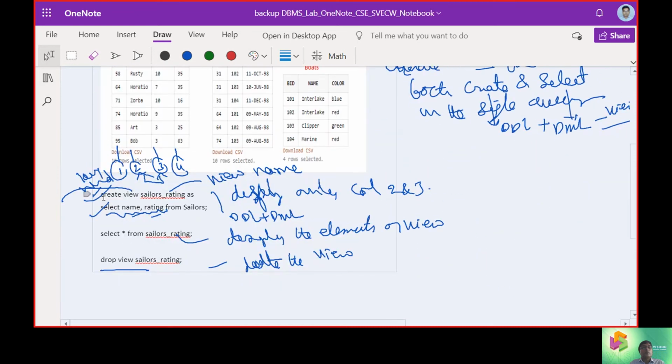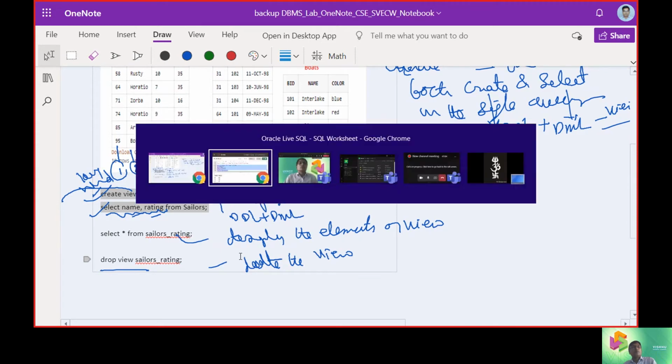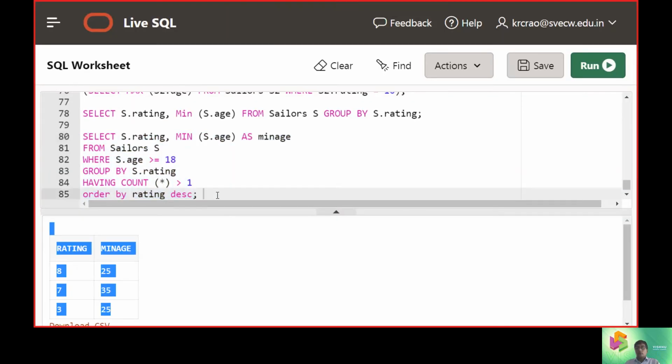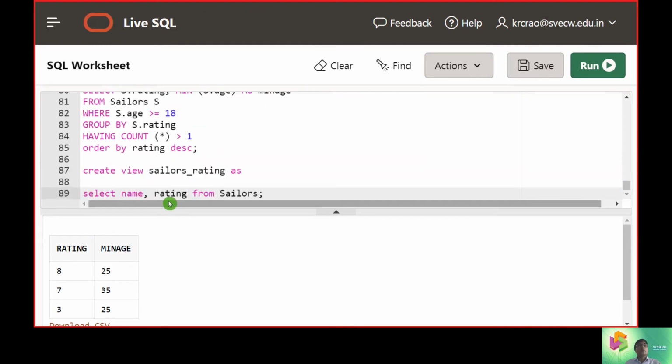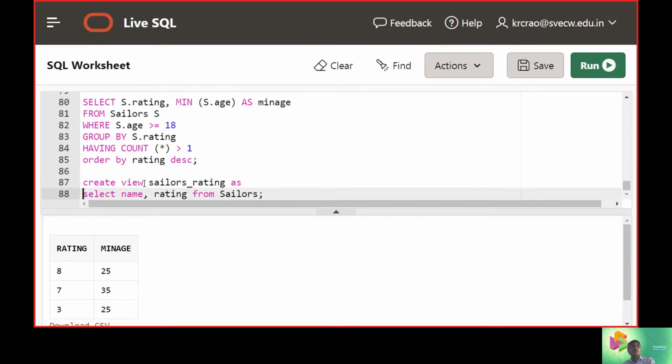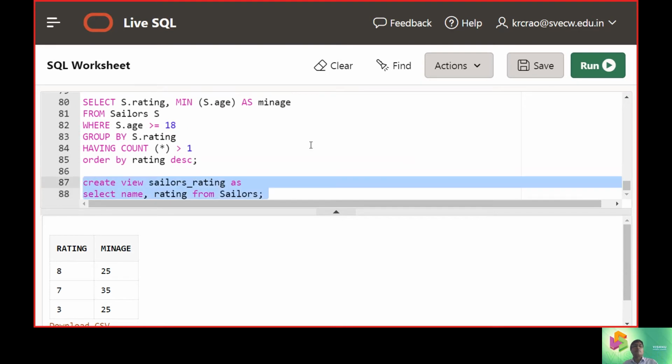It is towards creating of the view. So partial table elements will occur in the view. So view is a keyword here.